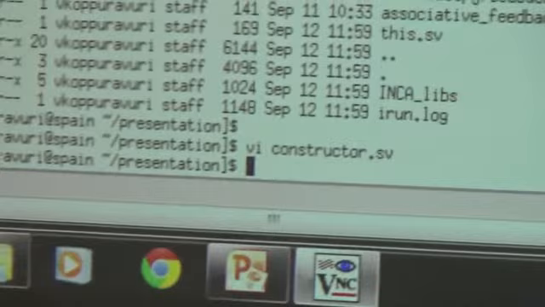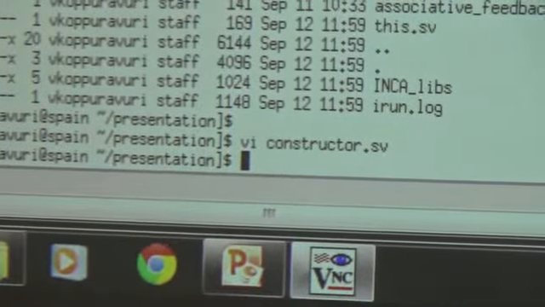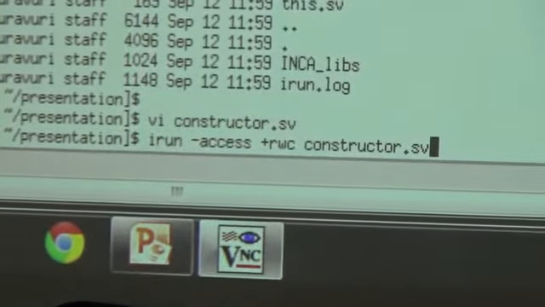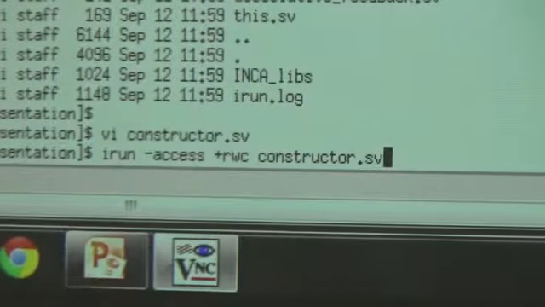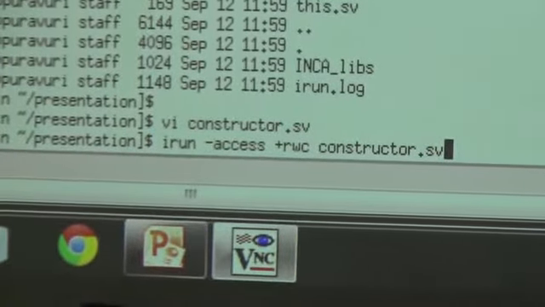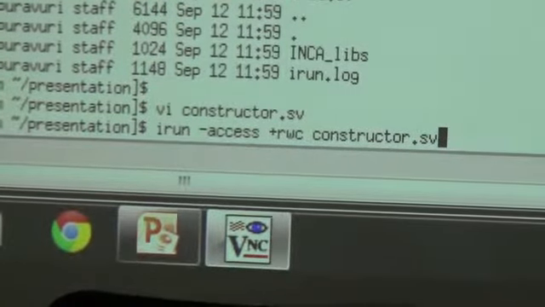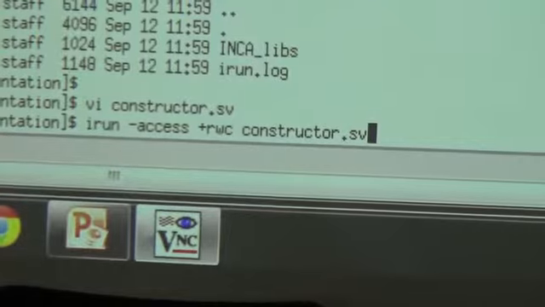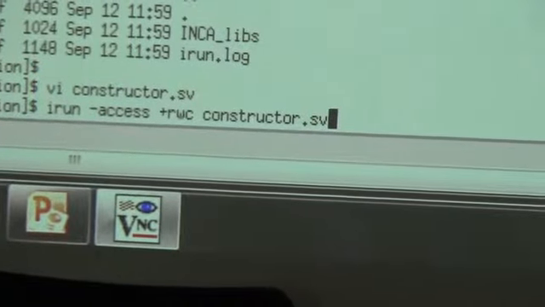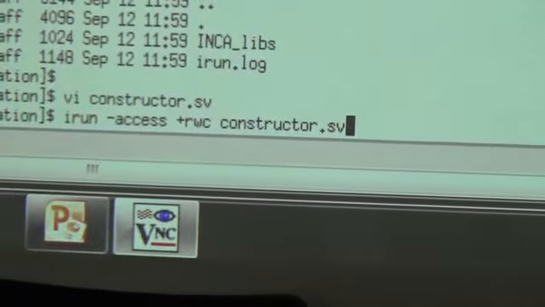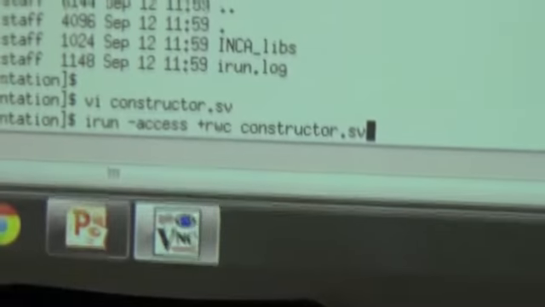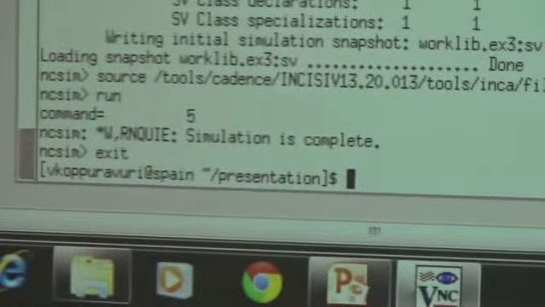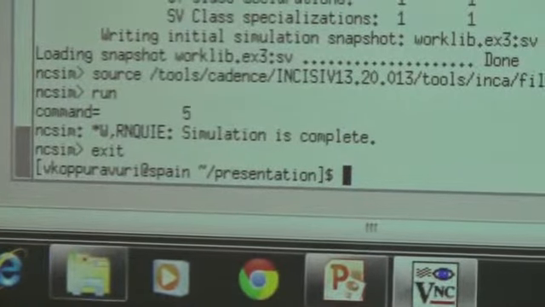Now I am going to run this using the command irun, which is the command for running the SV code in the Cadence tool, and -access rws is for accessing read and write, and constructor.sv is the name of my file. I run this and see the output, and I have got the output as command is equal to 5.